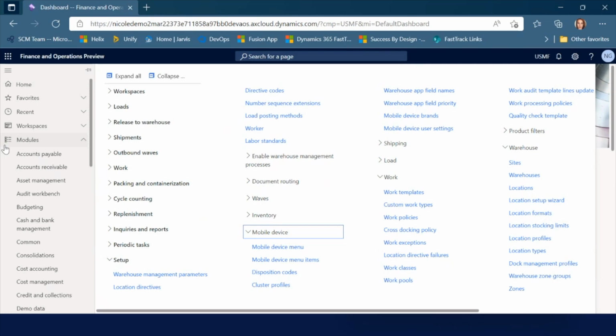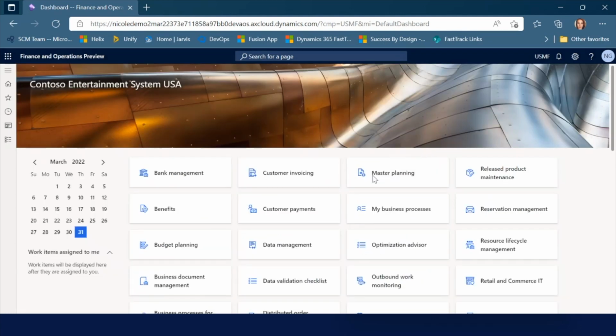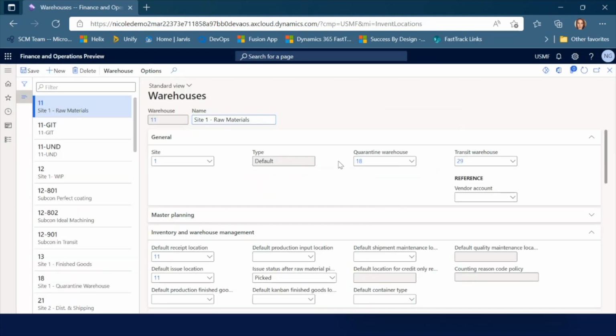So for outbound, in this scenario, we might be shipping orders to customers, but maybe more likely this is just a kind of an overflow warehouse where we transfer inventory out to other sites in the legal entity. So if we're going to do a transfer order, there's one other thing under the warehouse setup that we need to do. So I'm going to go back to the setup under warehouse, and I actually need to create one additional warehouse in here, and I'm going to call it